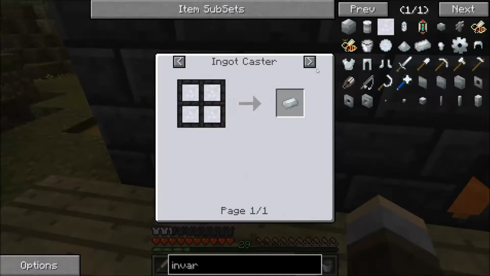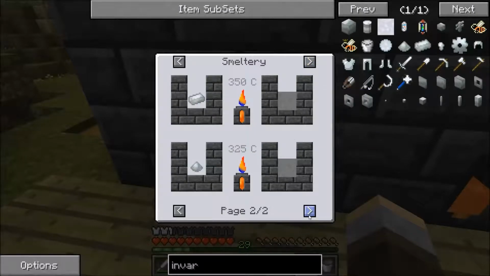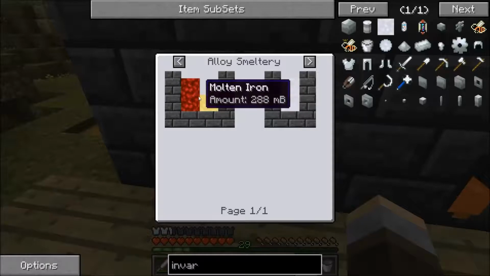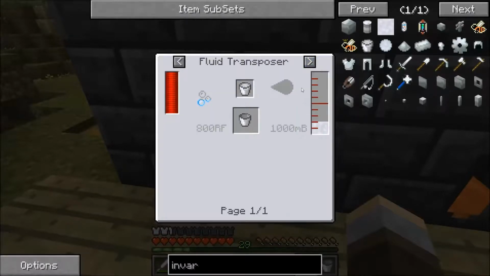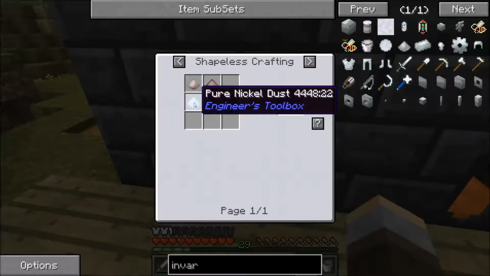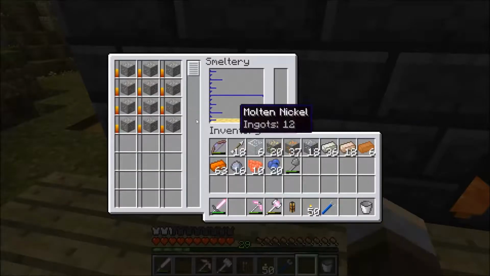As you can see here is the liquid caster and liquid table somewhere in here. That's it. So it's a 2-to-1 for iron to nickel in the normal method. Setting here, invar blend. So you get it to the iron dust, nickel dust, which takes a pulverizer. So I'm just going to save a step here by making the iron and nickel melt here to get some invar,